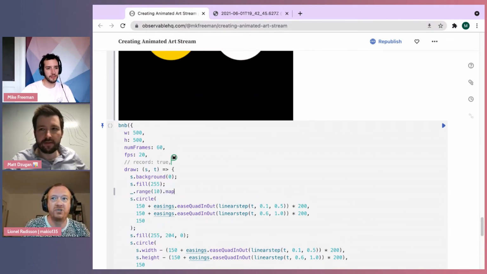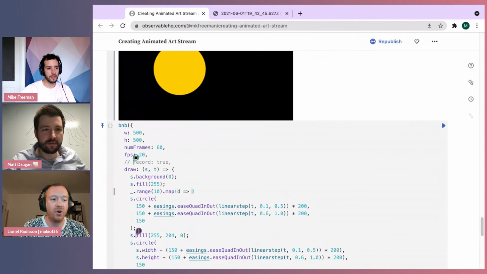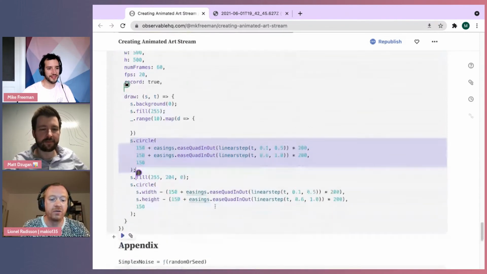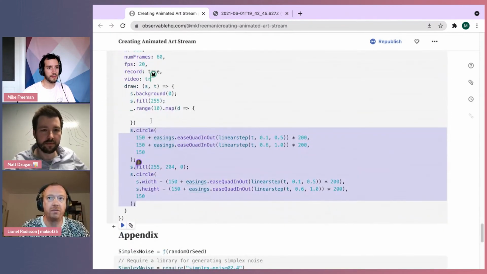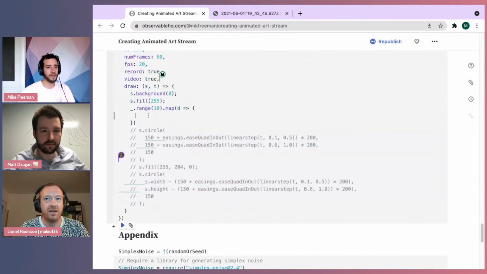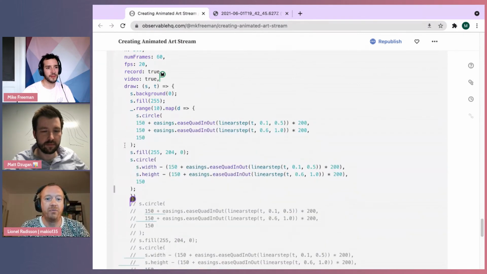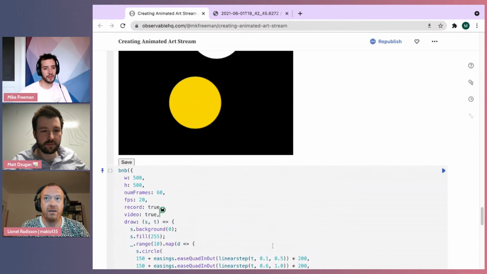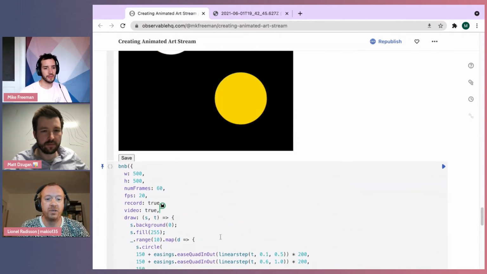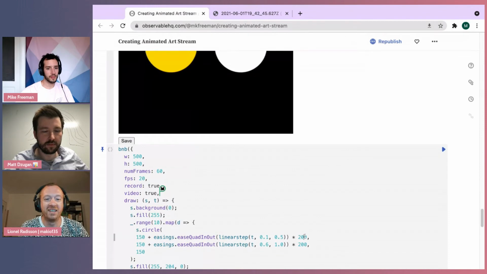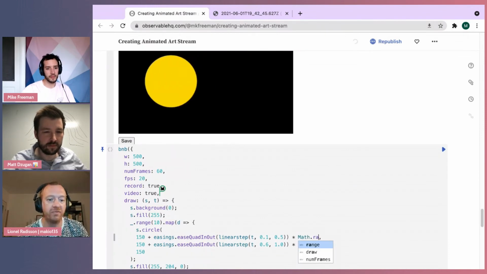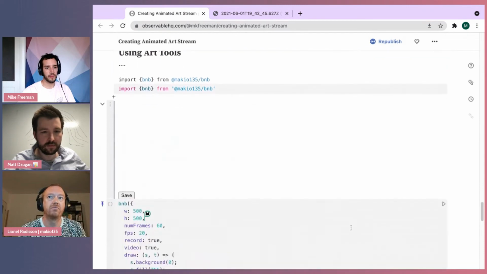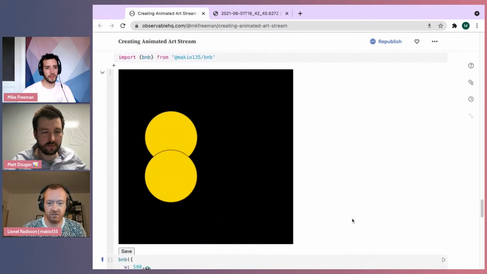So from that, I just wanted to share another option which is really useful. Okay, so we can record GIF. We can also add video true, and now we will have an MP4, and the export is actually even faster. And now you have an MP4 video, so you can right click on the video and